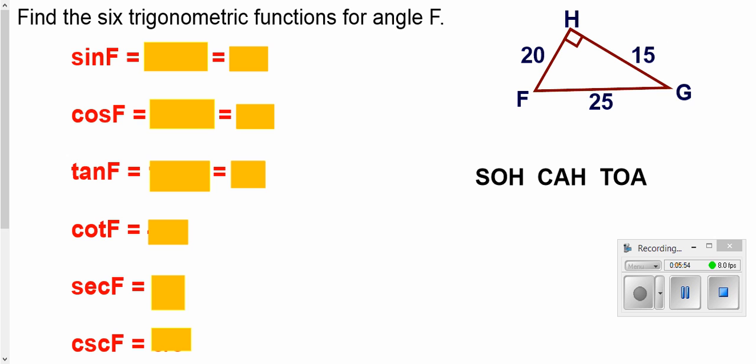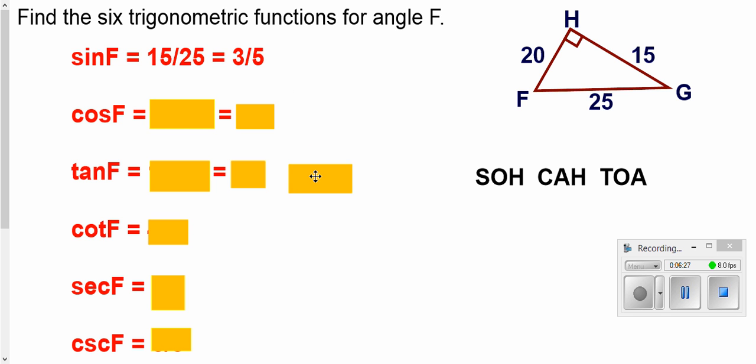We now want to do pretty much the same thing, but for angle F on this new triangle. So write down your 6 trig functions, put angle F after each one, put equals after each one, and now we'll go to F and we'll just use SOH CAH TOA. Our opposite side of F is the 15, our hypotenuse is the 25, next to F is your 20, so that's adjacent. So if we're looking at our sine, that's opposite of 15 over your hypotenuse of 25,